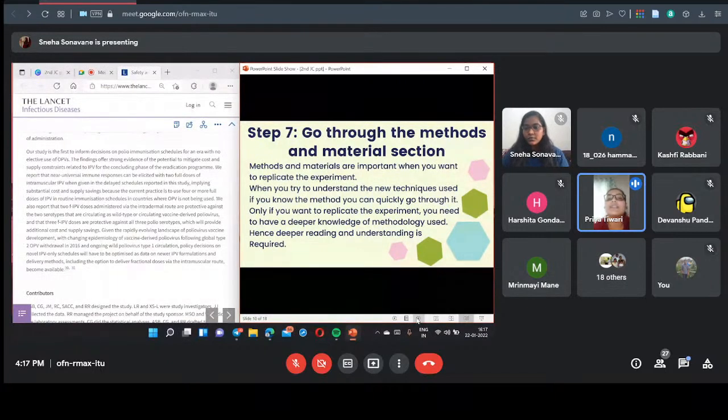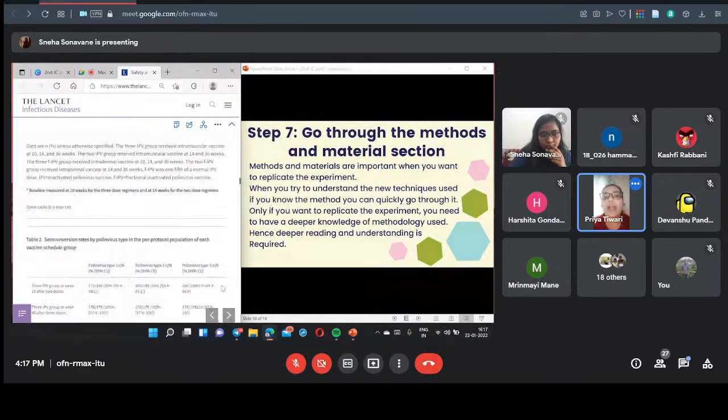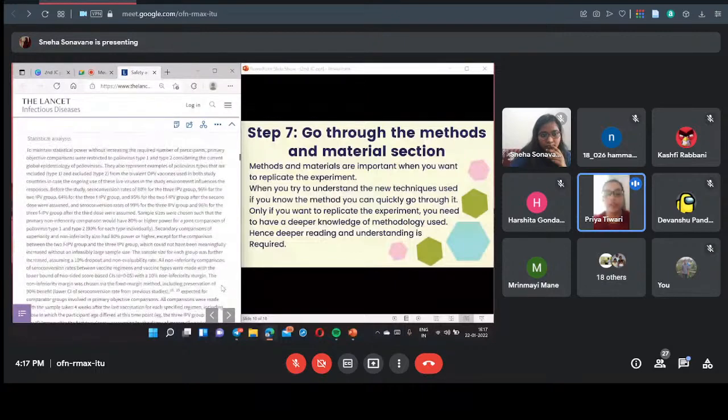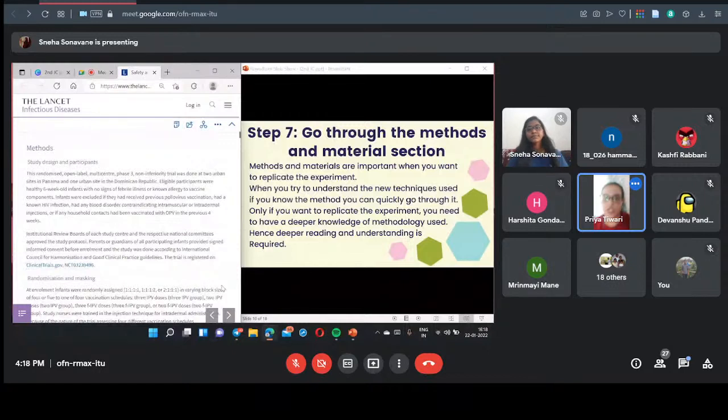So yeah, here is step 7, that is you will go through the methods and materials section now. Why have I kept the methods and materials section for the end? Because if you are reading a research paper just for the knowledge, to know what this research is all about,